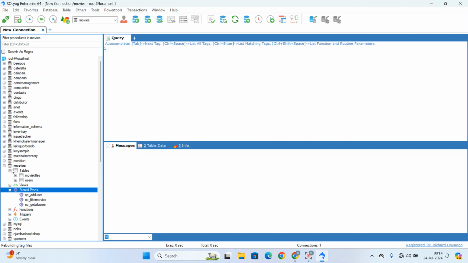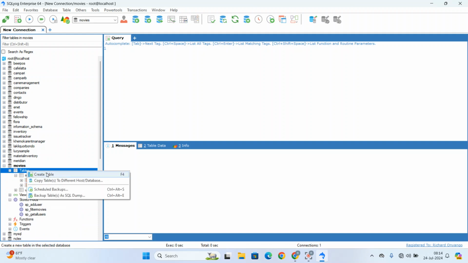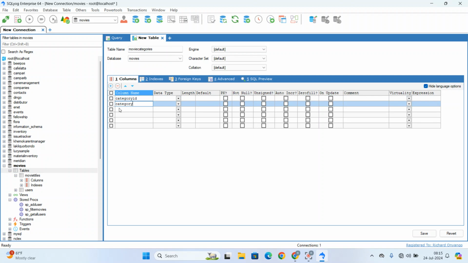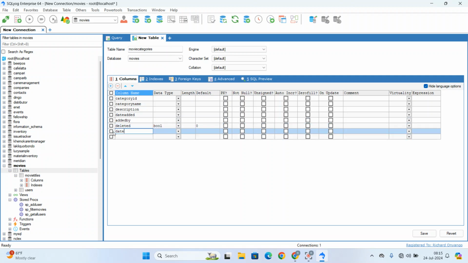So on the movies database, at least we have a couple of tables that you guys had done. So we have the movie titles. We had put movie titles over here. We also have movie categories. So let me say movie categories. There is category ID, category name, then description. You can describe it a bit. Date added, added by, whether it's deleted, it's going to be boolean. By default, it's going to be 0. Date deleted,